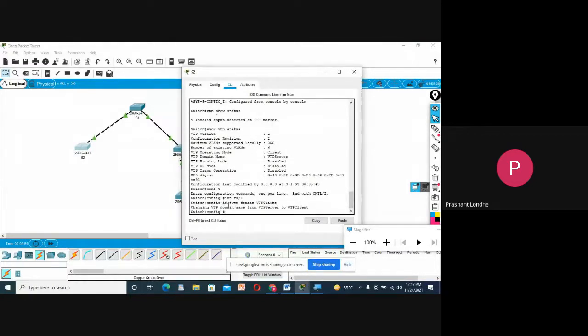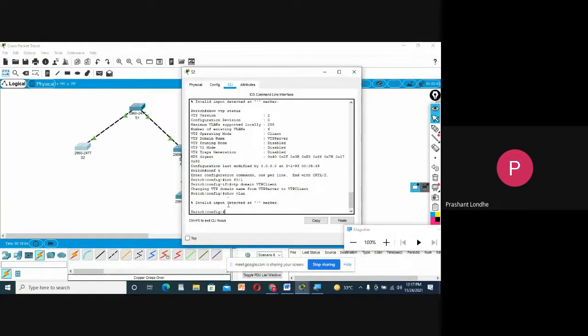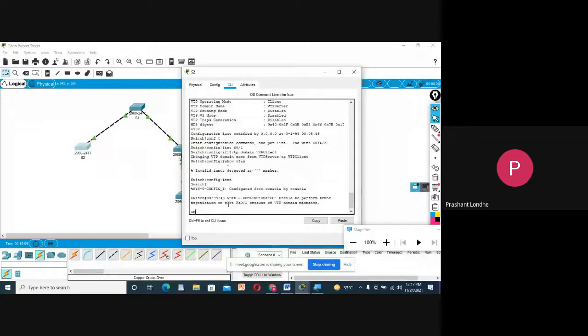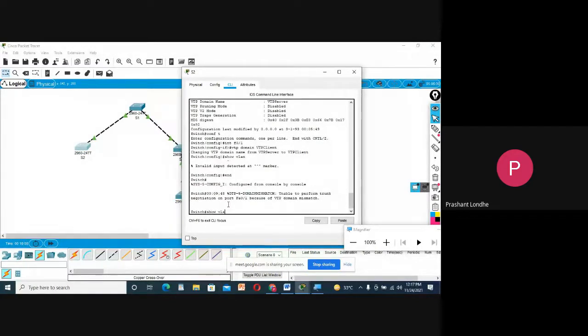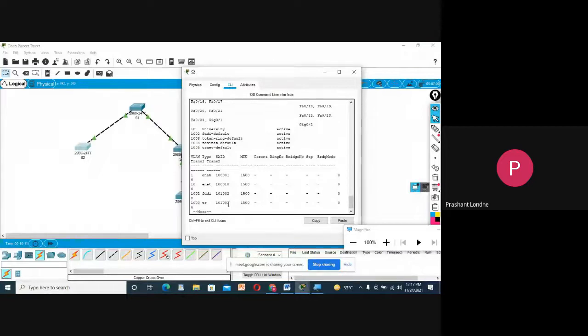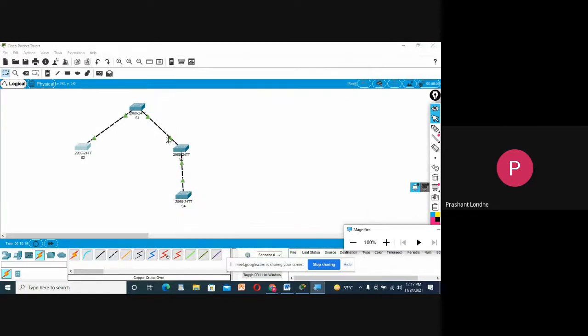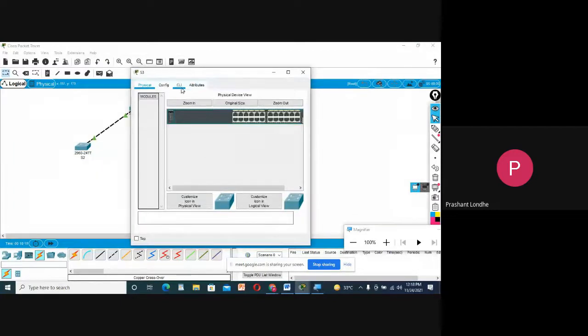So the name is converted from VTP server to VTP client, and now we can create one more VLAN over there. If you don't want to create a VLAN, that is also acceptable. So just enter show VLAN, and all the VLANs will be displayed over here. Similar thing you are supposed to implement for switch S3.